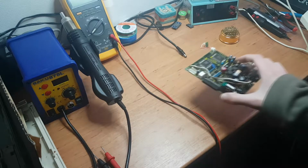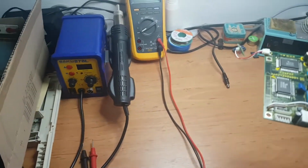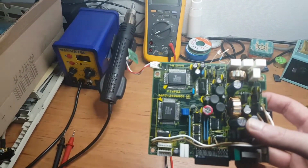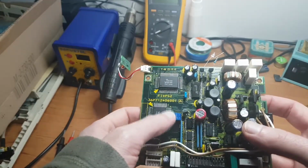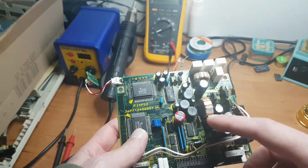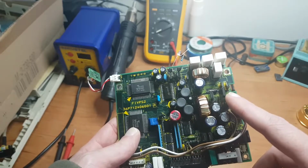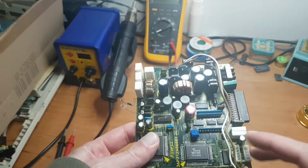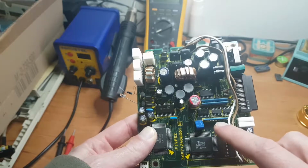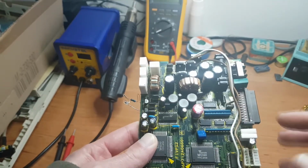And basically I tested everything on this board. Let me get that into the light for you. Yeah, so I pretty much tested everything. I replaced obviously the ceramic resonator. I've replaced all the capacitors, and I have tested, well, pretty much everything else, the diode, the fuse, all of the transistors, including the ones I replaced. And I have desoldered this chip, that one, and that one. I've also removed the resistor arrays over here to test if they were bad or what their values were, so I could